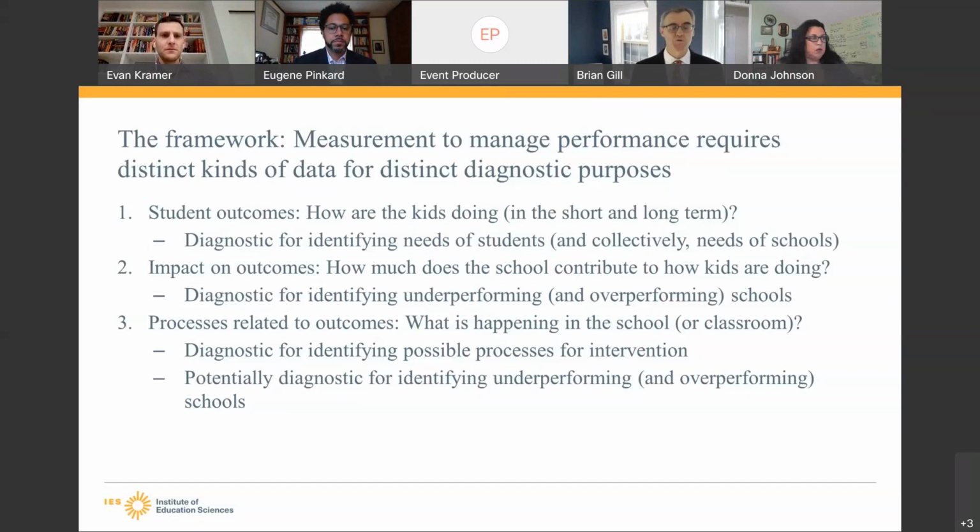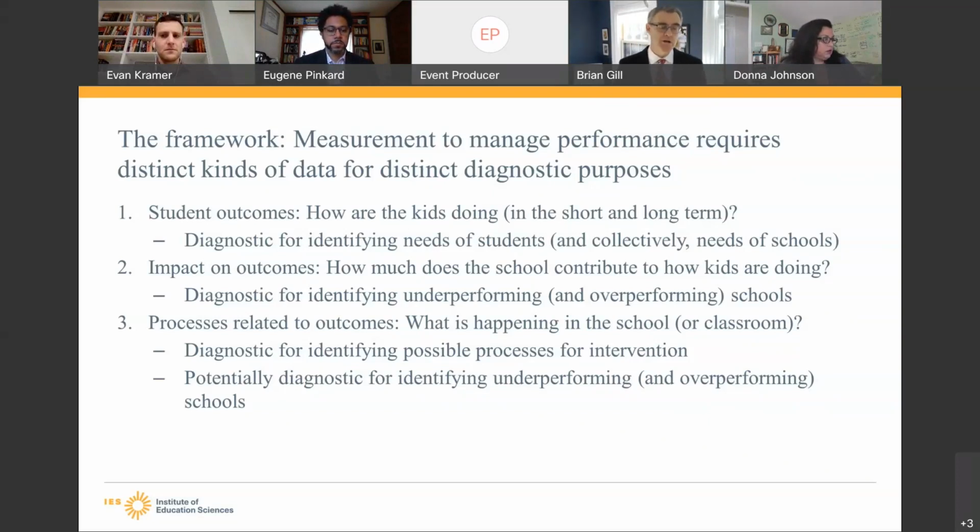How much does the school or the program or the educational process contribute to how kids are doing, which is distinct from the outcome itself? And that's the kind of measure, like, say, a value-added measure or a student growth measure, that might be diagnostic for identifying whether a school is underperforming or overperforming.